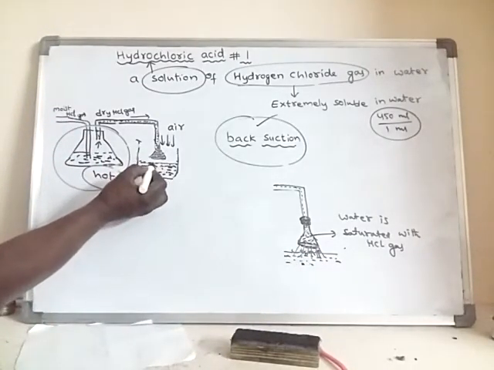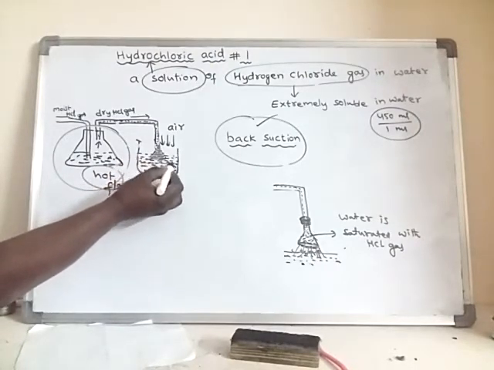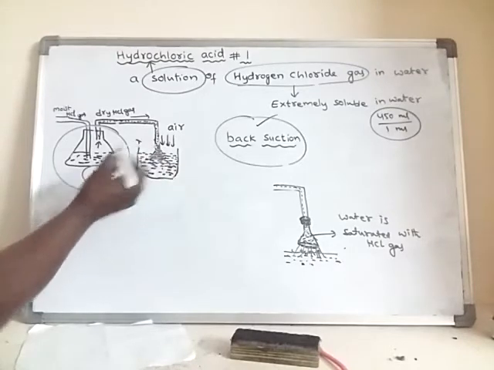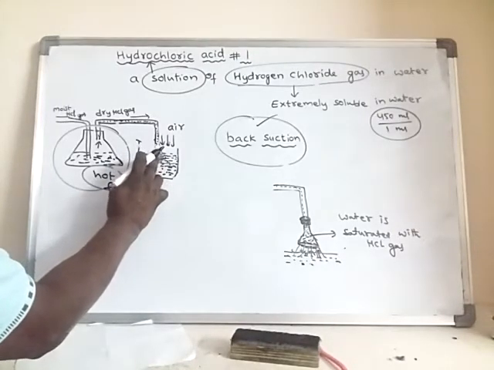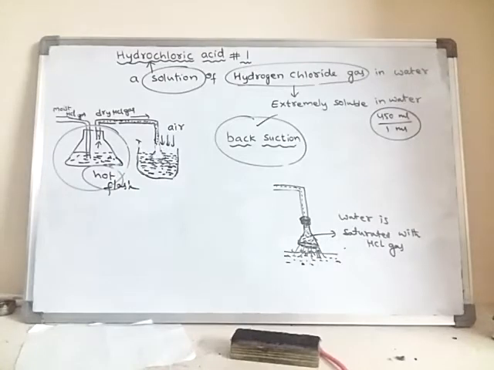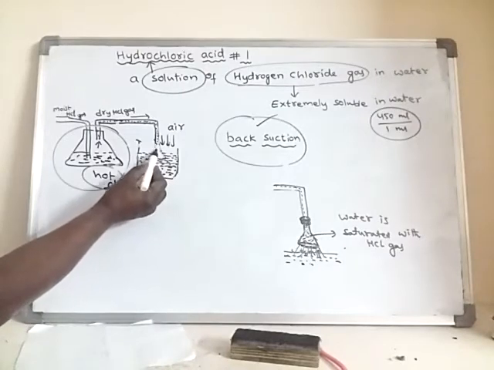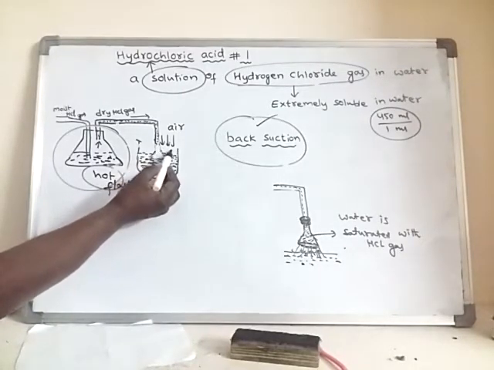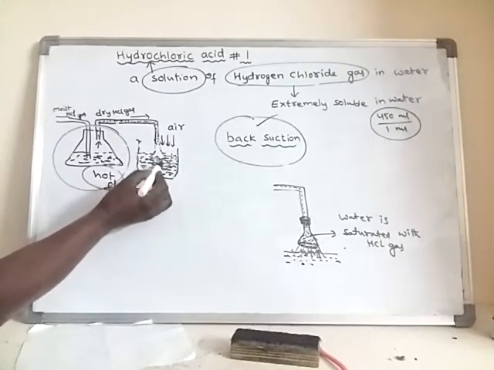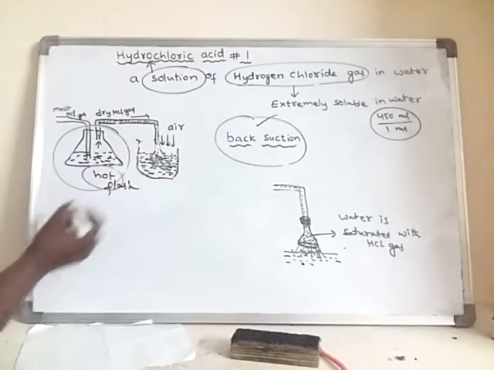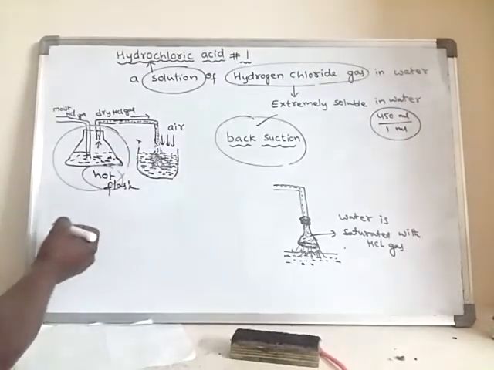Again this water will come back, and again the level of this water solution increases. So here again empty space is created inside. Again, due to the low pressure inside the tube and high pressure outside, this water will enter into this funnel, and fresh water enters into this funnel.